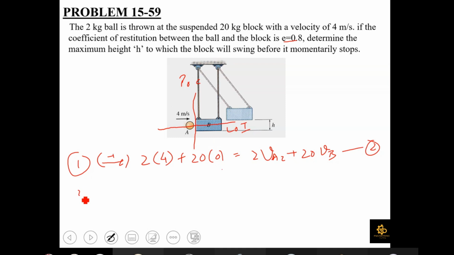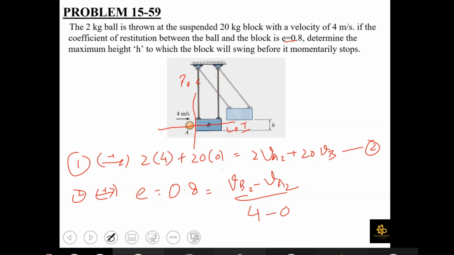Okay, for step number 2, what we are going to do is we are going to apply the coefficient of restitution equation along the line of impact. The value for this coefficient of restitution is already given to us as 0.8, and by formula this coefficient of restitution would be equal to VB2 minus VA2 divided by VA1, which is 4, minus VB1, which is 0. So this will give us the second equation in terms of VA2 and VB2. So once we solve these two equations simultaneously, they will give us the value of VA2 to be equal to minus 2.54 meter per second, whereas the value of VB2 comes out to be